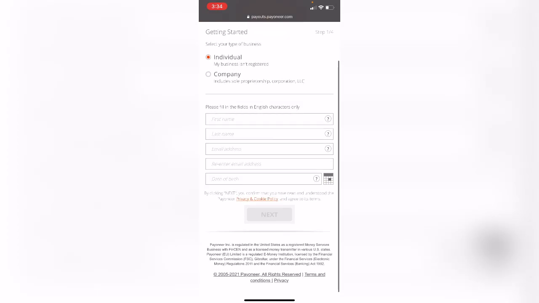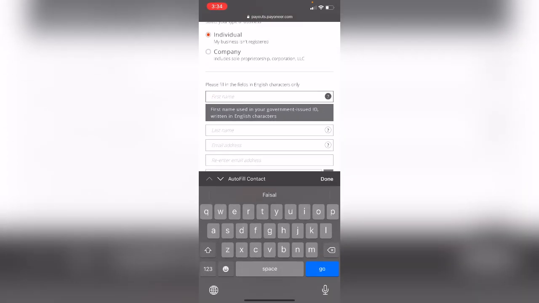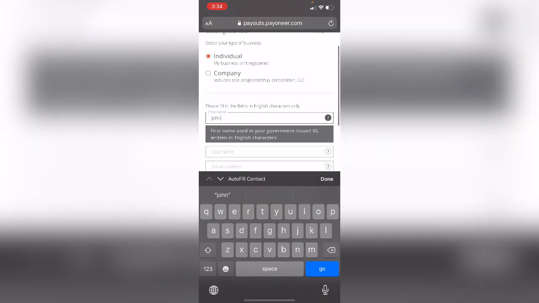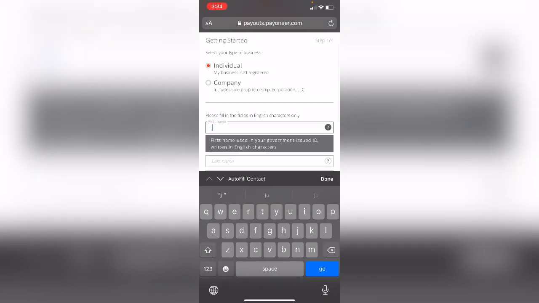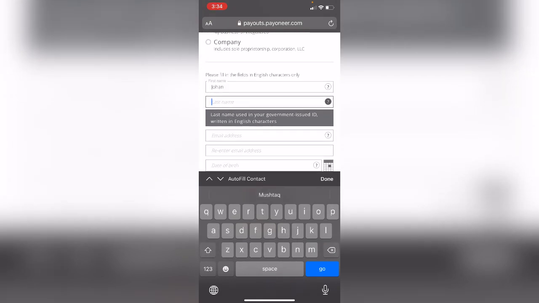Okay, so the next thing, I will enter my name here. This is the first name used in Quran. Okay, for example, the name which I am using here must be written the same as it is in my Iqama number, or if you are a Saudi citizen, you should make sure the name you write is the same as in your ID, because later on when you go for verification, it will be verified by Payoneer with your bank accounts, that your name is according to your Payoneer name. So both names should be accurate and there should be no spelling mistake.